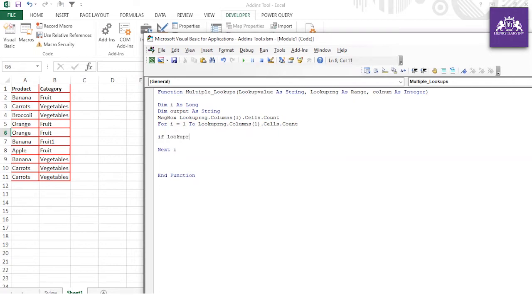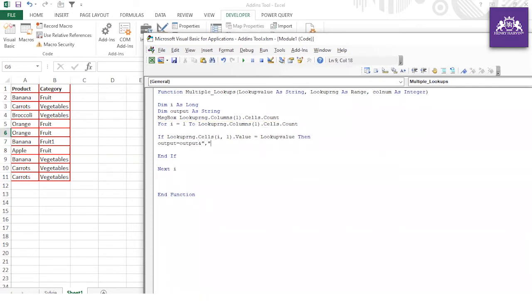If lookup RNG dot cells I comma 1 dot value equals lookup value, then we take output equal to output and percent.